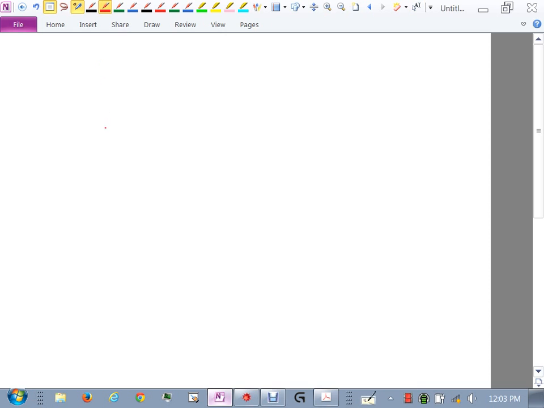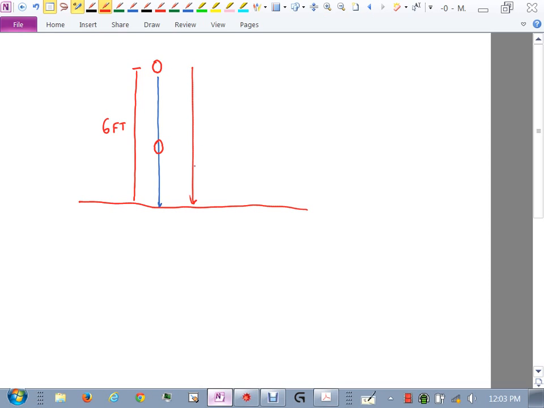Let's say that you have a person that holds a ball 6 feet off the ground, okay? Drops the ball, starts calculating the time. The ball drops, bounces back up. Let's say the ball bounces back up to here. And let's just say the total distance it traveled was the 6 feet it took to fall, and let's say it bounced up 2 feet, all right? So if it went down 6 feet and bounced back up 2 feet, and that's where they stopped the clock,